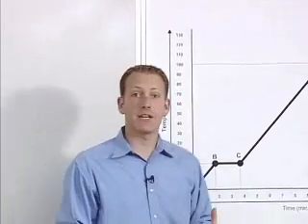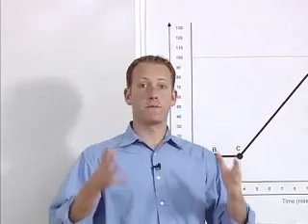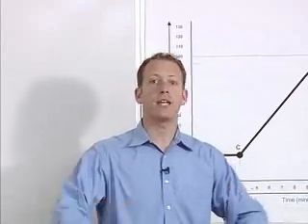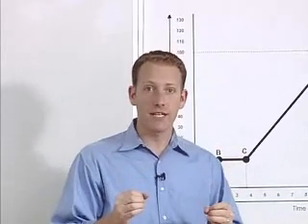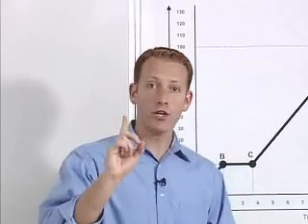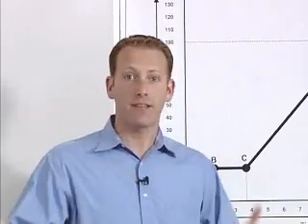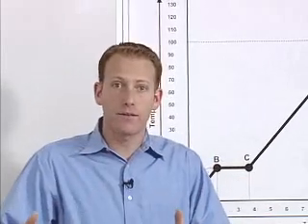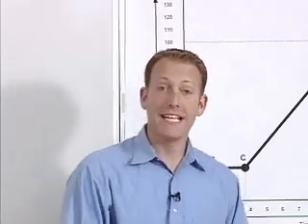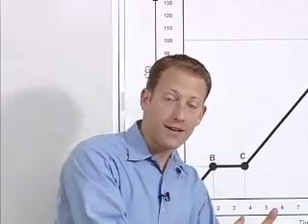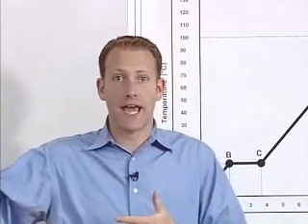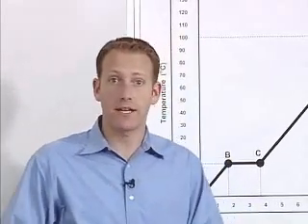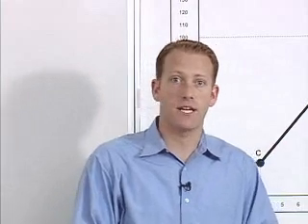Now, the last thing we have to talk about are different terms: specific heat, heat of vaporization, and heat of fusion. The heat of fusion represents the amount of heat required to take 1 gram of a substance and melt it to go from solid to liquid. Heat of vaporization is the amount of heat required to take 1 gram of a substance and go from liquid to gas. Vaporization is liquid to gas. Heat of fusion is solid to liquid, melting. So you know that's heat of fusion and heat of vaporization.